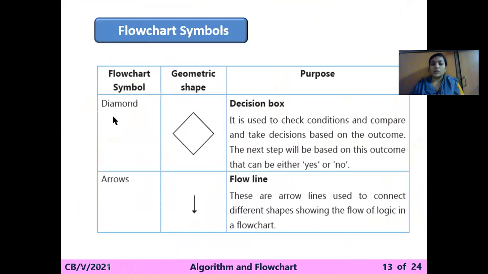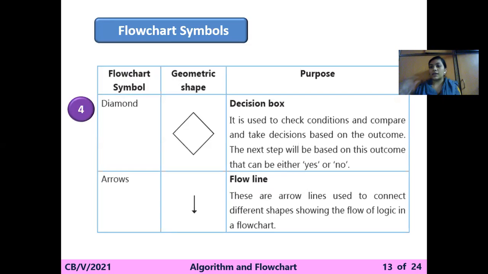Next, diamond. Decision box: it is used to check the condition or to compare and take the decision based on the outcome. For example, if you want to check a condition, you use the decision box. जैसे कि हमने even odd वाला नंबर लिया था, कोई भी नंबर को divided by 2 करोगे, if remainder is 0 then it's even.